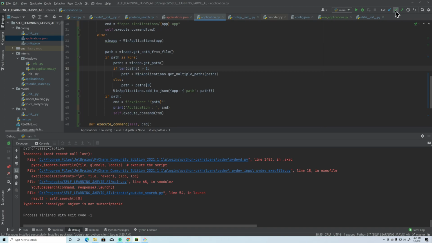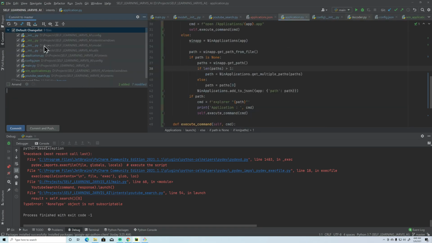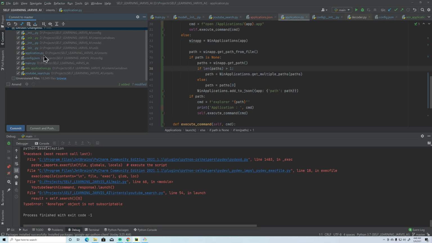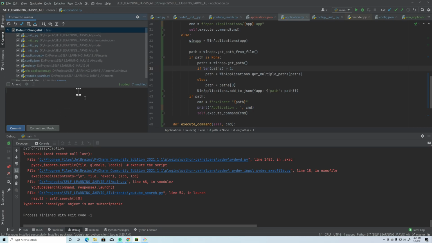GitHub account. So what I'll do, yes, these are the files which we have created, and application intent compatible for Windows now, right? And just commit and push.